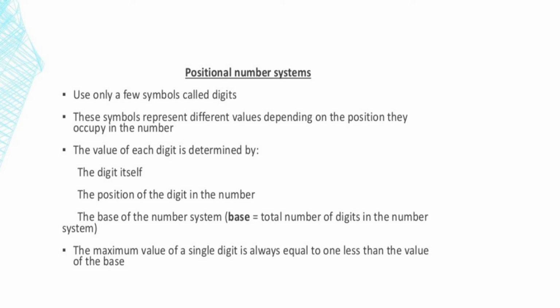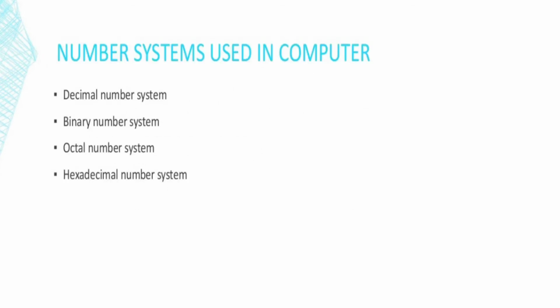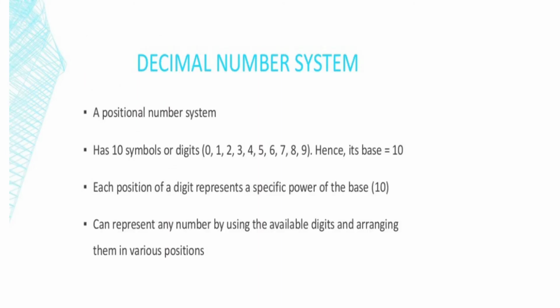And then the last thing to learn is what is the maximum number which will be supported in each number system. You cannot keep on storing any number of your choice in the number system. There has to be an end limit of the numbers. The end limit will be one less than the base value. When I explain there, you will get the idea. The four number systems supported in the computers are already there in the first introductory slide. Let us start the detailed explanation.